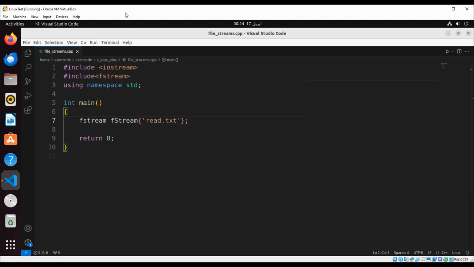This is a very simple example which creates a file stream called fstream and associates it with the file name read.txt